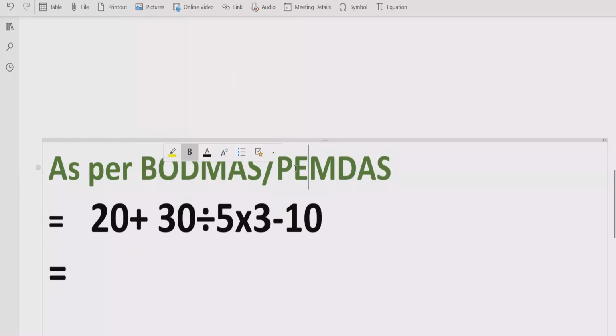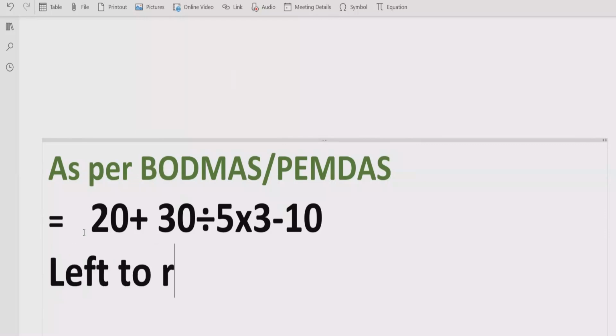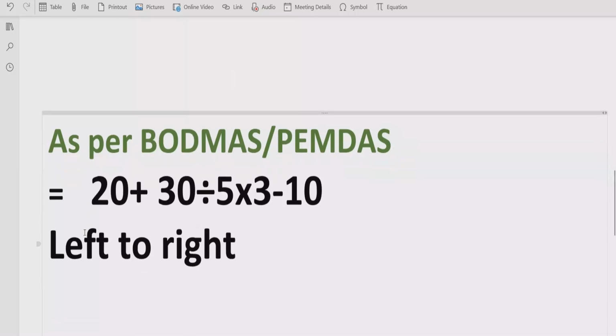Now we will see the exponent and power. Fortunately, we do not have any power. So now we will go left to right, and now we will see division and multiplication. If you go left to right, you will solve that part first. You cannot say, I'm using BODMAS, so I will solve this one, or someone says, I'm using PEMDAS, so I will solve this one. No, we will go left to right and solve this part first.